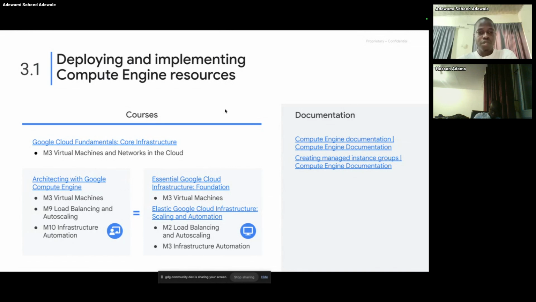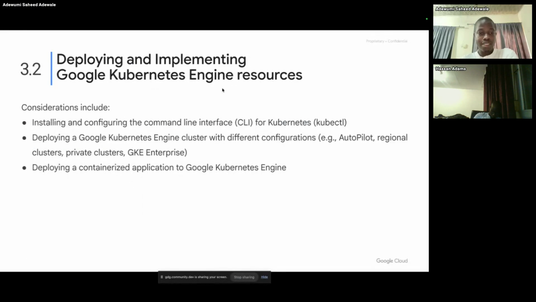So we have the Kubernetes engine resources. This is more like compute engine, but it works with Kubernetes engine. Google set up its own Kubernetes engine, which we call GKE, Google Kubernetes Engine. It has the infrastructure, installing and configuring the command line for Kubernetes. If you are familiar with Kubernetes, you can still run whatever you are running on the normal Kubernetes platform on GKE, and it